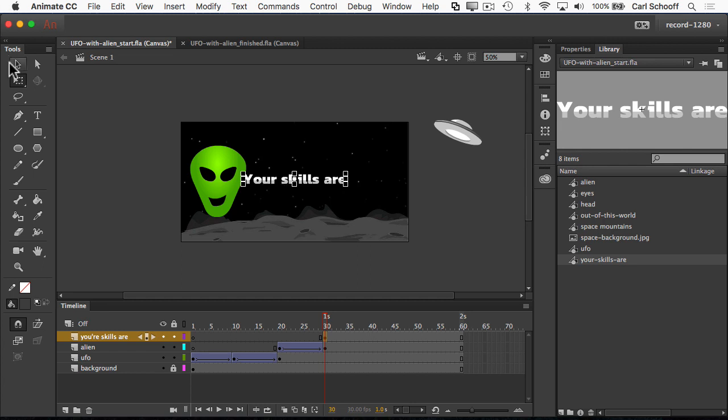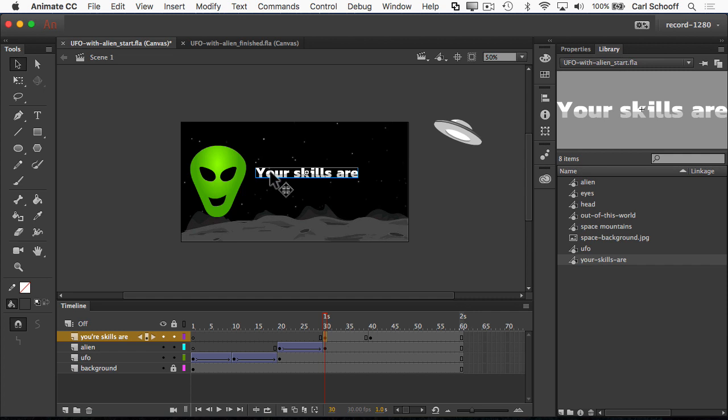stage. And again, we're not going to get too crazy with the positioning. I'm just going to put it right about there, maybe just line it up with his eyes a little bit, okay? And so that's where I want the text to be after the animation is done. So in frame number 40, I'm going to click there, again, hit F6. Aren't you glad we're using keyboard shortcuts? I know you are. So we have a duplicate of frame 30, and back in frame number 30, I'm going